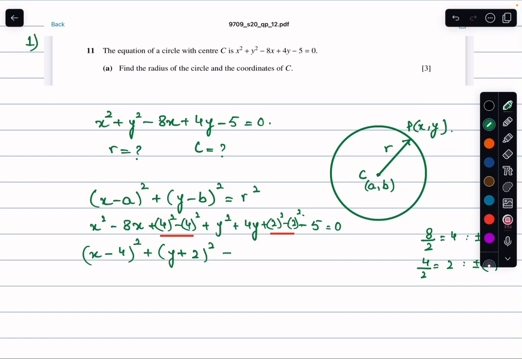Then I will be taking the constants to the other side, which is negative 4 the whole squared, negative 2 the whole squared,